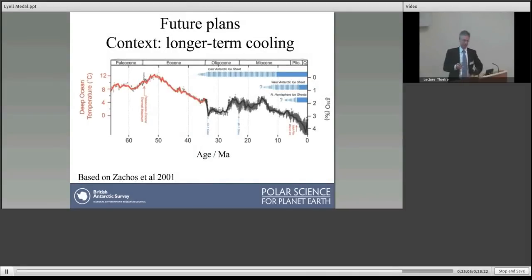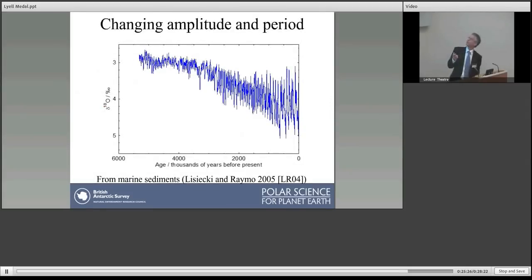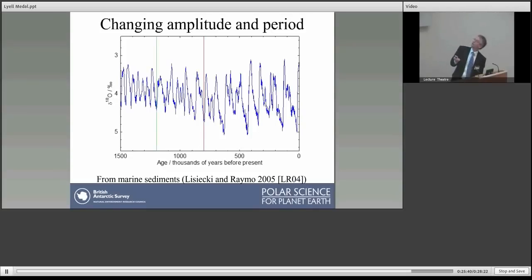And this now takes me to a slightly longer time period. We're not going to get much longer, but I'm at least going to give you a context. So here's Cenozoic climate, the longer term cooling of the Cenozoic. If we just focus on, sorry, I only gave you a very brief glimpse of a long time period. If we just focus on the last 5 million years, we know about this isotope record that leads us into a period when we have northern hemisphere glaciations. And if we just focus on the very last bit, 1.5 million years, then the ice core record so far covers